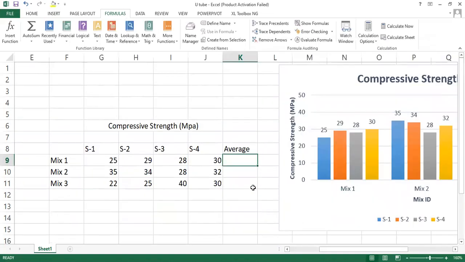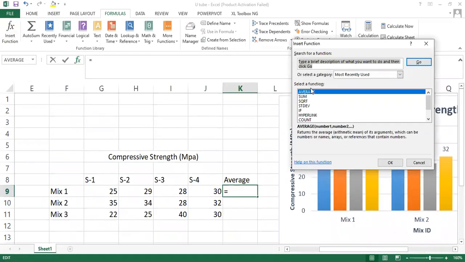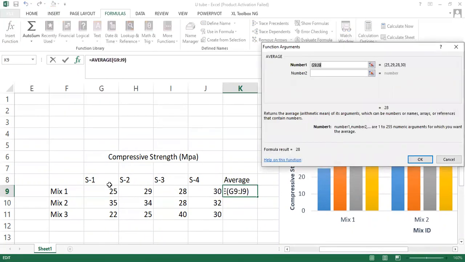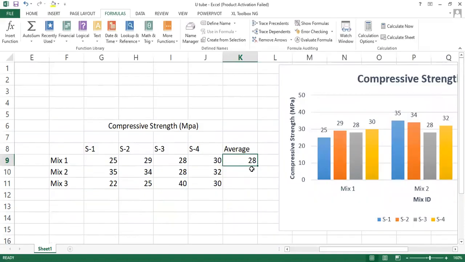Or you can just click the function, insert average, OK. G9 is written already here, click OK, and it is 28. And you can also keep it like 28, 32.5, 29.25. This is up to you. And if you want to convert it to 1 decimal, the best way is you can select the cell, or you can also select the whole sheet and